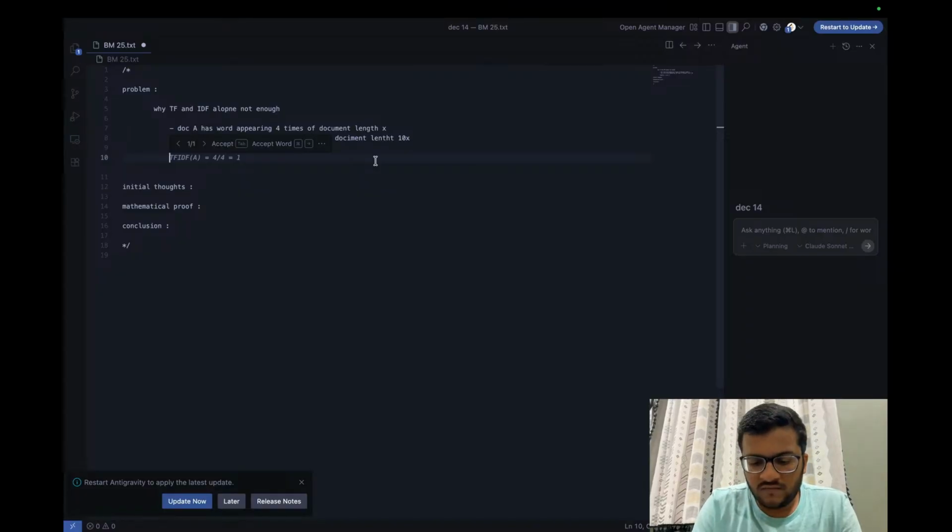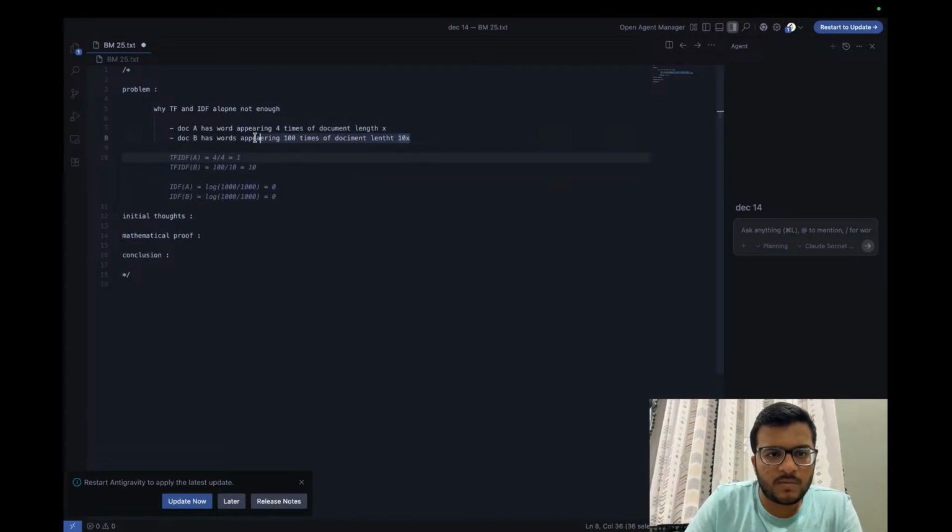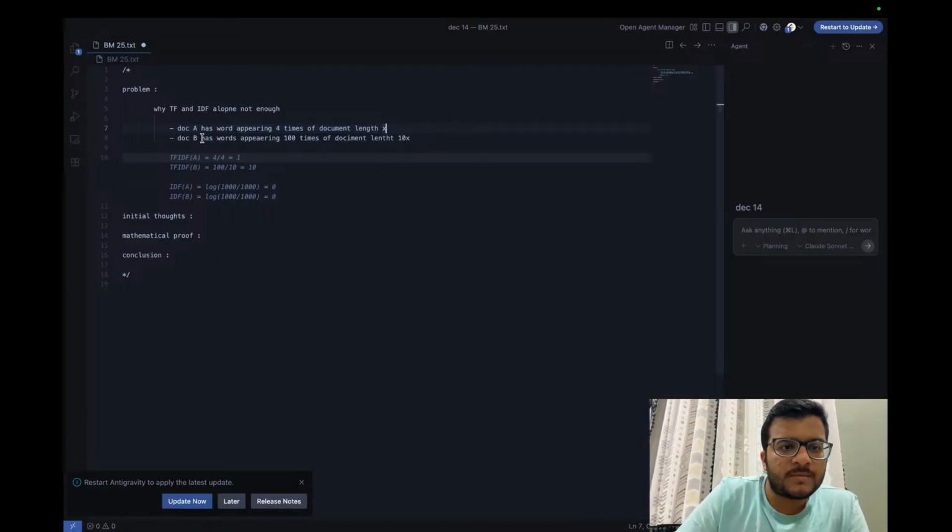Like maybe if you have a paragraph which describes the digestive system, the more probably you will have words like intestine or gut, because that's what it relates to. But this cannot always be the answer, because this is normal for this document, but not normal for this document. A appears very few times with length x, but in a bigger length document B, the same word appears more number of times. So there is no penalty.